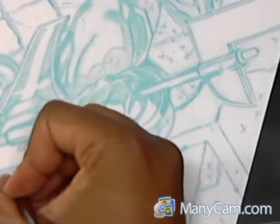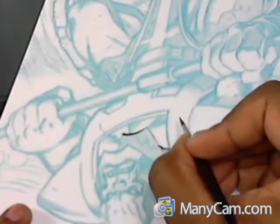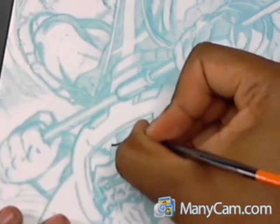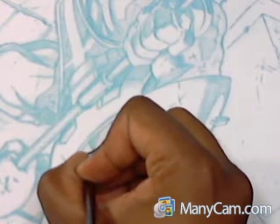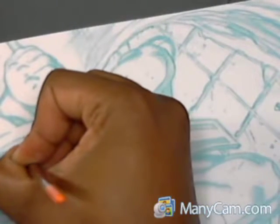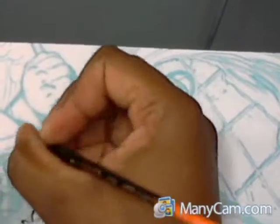Also, I don't do what's called petting the line. I try to get back in frame here. I don't pet the line by going like this. I just try to get one smooth line like that. And it gives me more of a line contour. Gives me more line weight because I can control by my hand pressure the amount of give that the line has, like from the thick to the thin transition. I have more control over that because it's all in one stroke instead of petting at the line